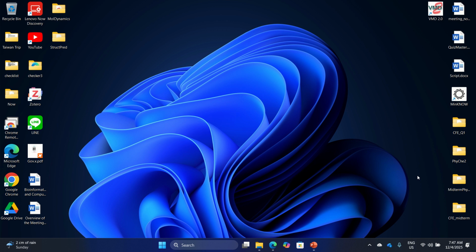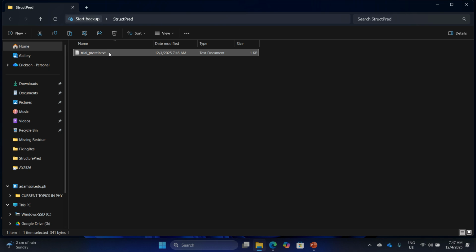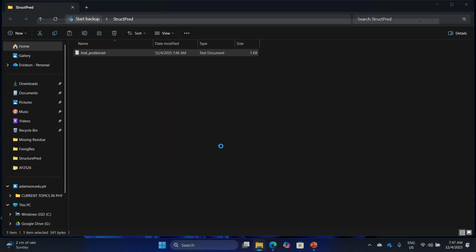In this video, I'm going to show you how to predict the 3D structure of a protein. You only need to do that if its 3D structure is not available in the PDB website. So for instance, we have this protein.